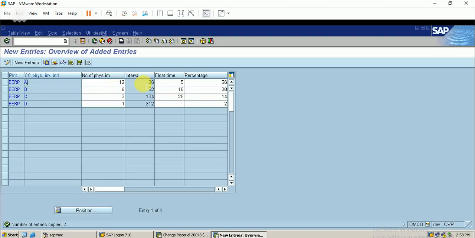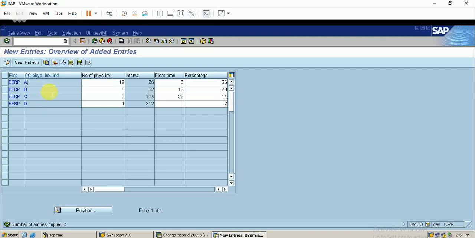This is the workday time interval, and it does not include the holidays. The float time, the time taken to complete the inventory process, is 5 minutes. Similarly, it is the same for the other cycle counting physical inventory indicators, that is B, C, and D.